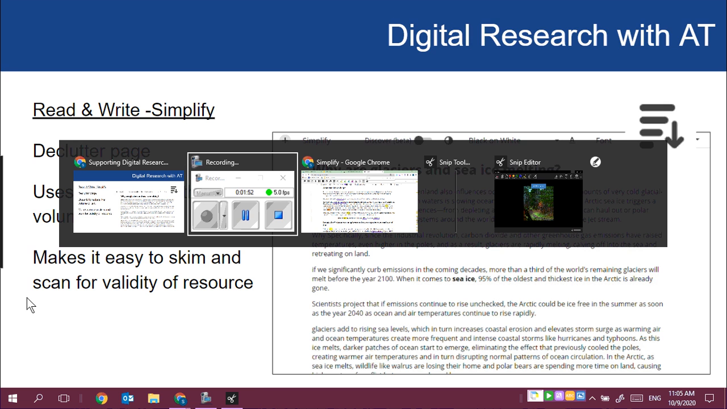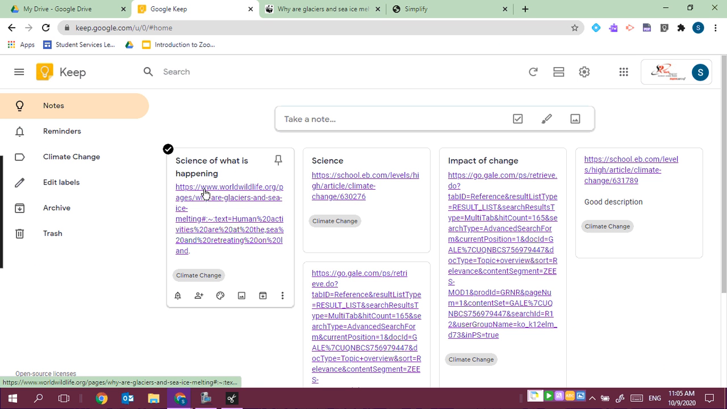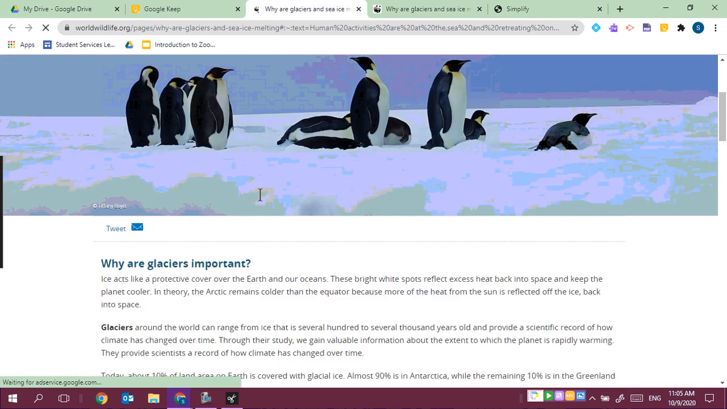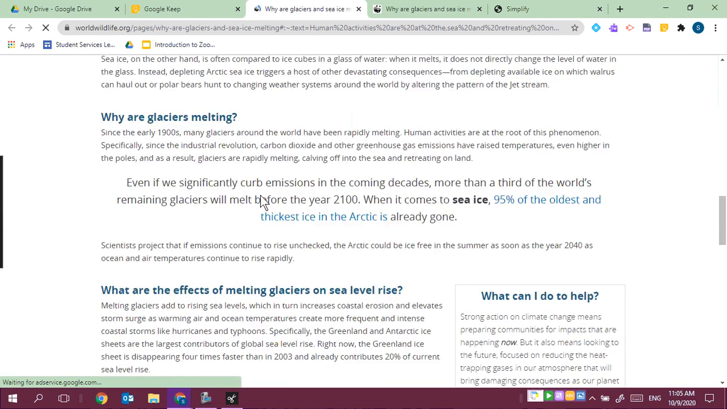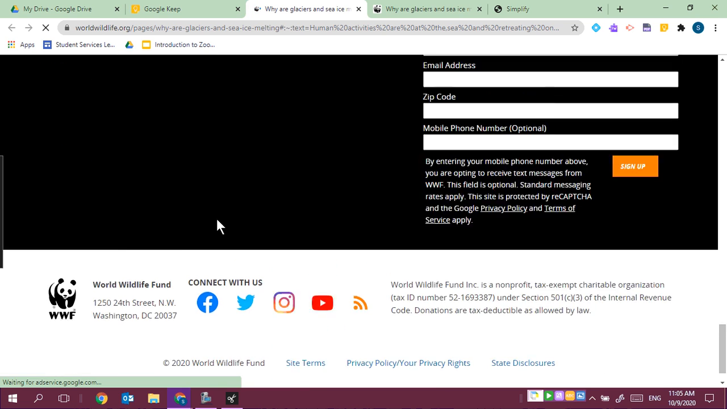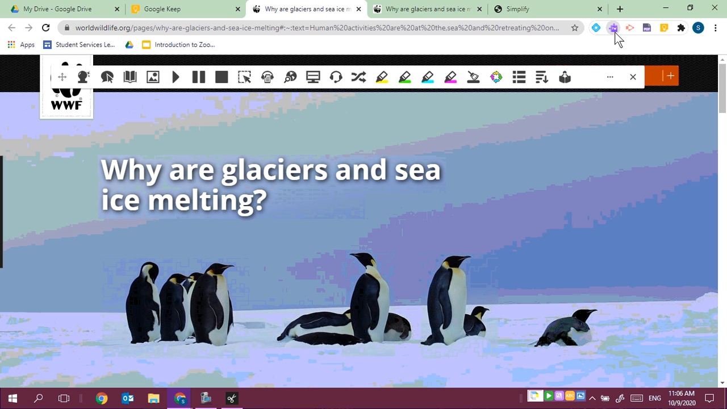I'm going to go over here, and I'm actually just going to go back to Google Keep. Here I've got my article that I've collected and put into Google Keep, and I'm going to open it up. I can see here that there's a lot of information in this text. We've got some sidebars going on. We've got some stuff at the bottom we don't need. So I'm just going to simplify this. I'm going to go up to Read and Write, which is the purple puzzle piece, and turn that on. The button I'm going to be looking for is the kind of upside down pyramid with the arrow,